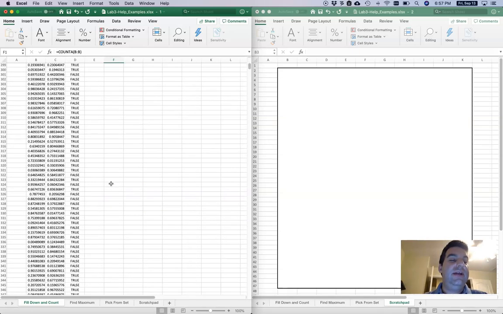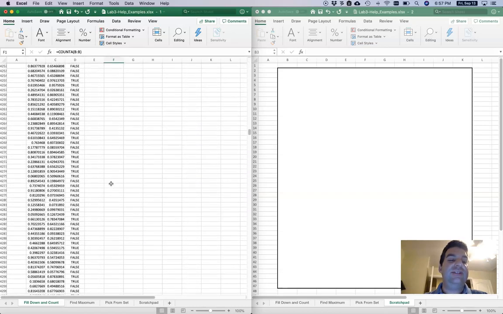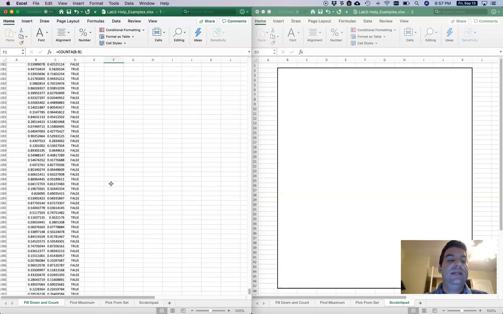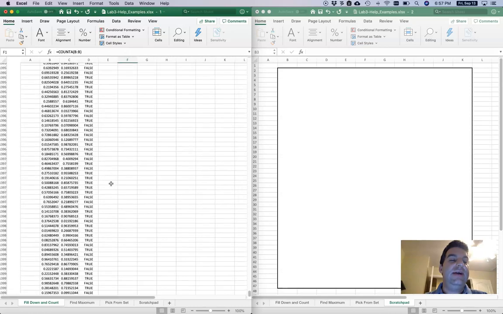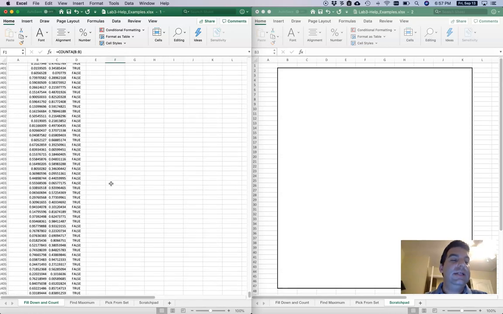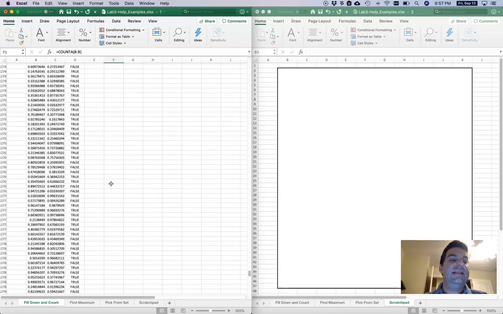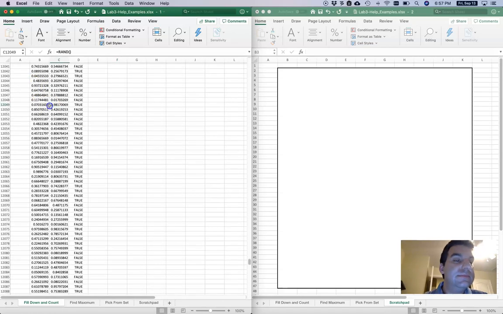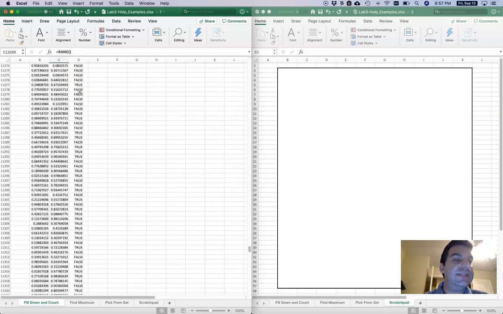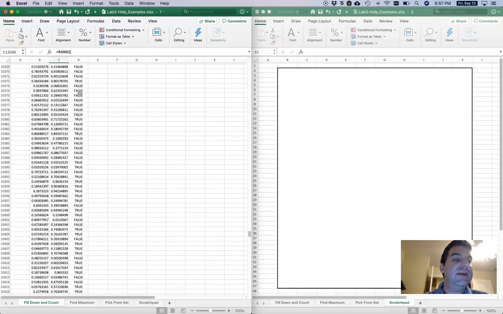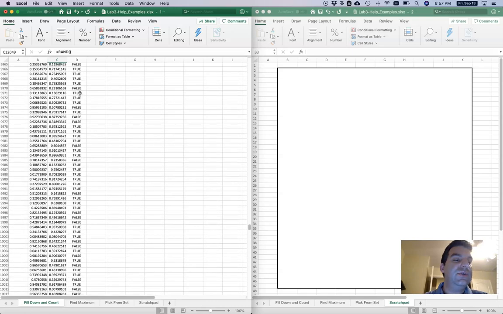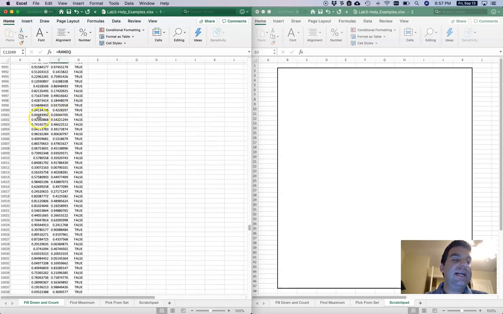So I could go down through here and say, well, all right, I didn't actually want 14,000 rows. So maybe I go down to, so I'll find, this is row 12,000. So maybe I find row 10,002. Because it looked like I had 2 extra up top, I might say everything from 10,002 on, I